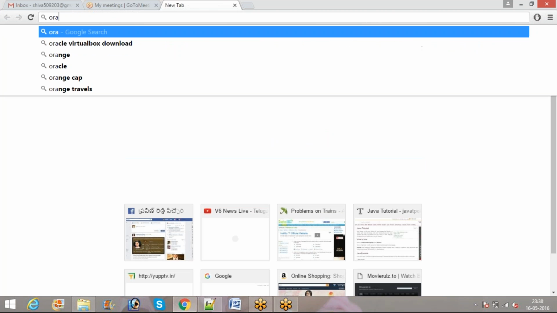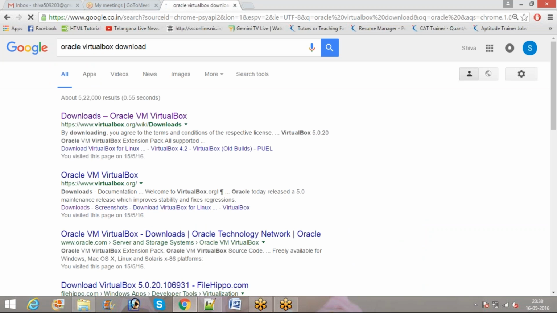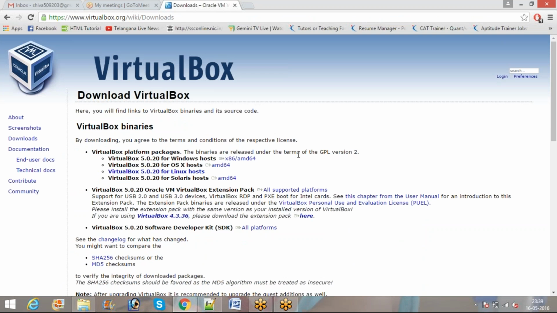Just type Oracle virtual machine download. This is the search phrase, and click on the first link. Based on your configuration, we have to download the respective VirtualBox flavor. For Windows we have to go with AMD64, whatever it is, and the second one is for